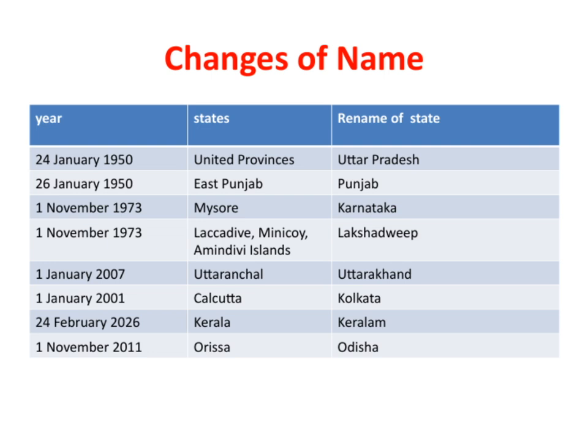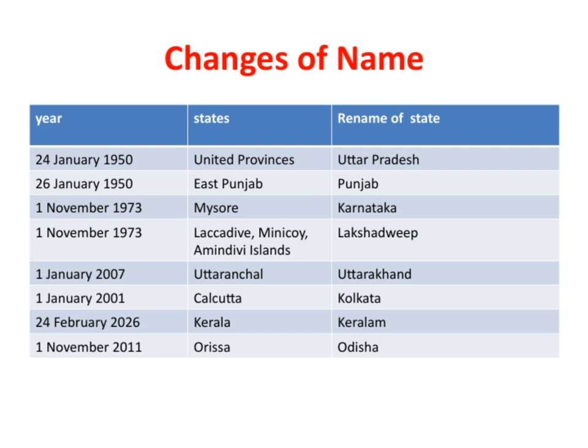Starting with the year 1950, The United Provinces was renamed Uttar Pradesh, which means Northern Province in Hindi. Similarly, East Punjab was renamed Punjab on January 26th of the same year, simplifying and unifying the identity of the region. Moving on to 1973, the state of Mysore was officially renamed Karnataka, reflecting its rich cultural heritage and linguistic identity. At the same time, the Laccadive, Minicoy, and Amandivi Islands collectively became Lakshadweep, which means 100,000 islands in Malayalam,